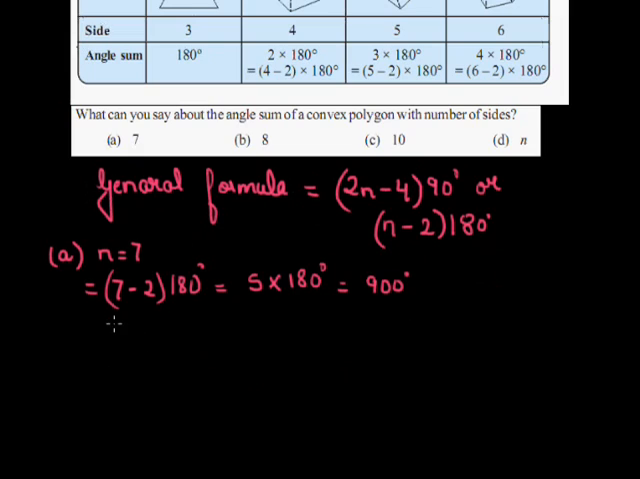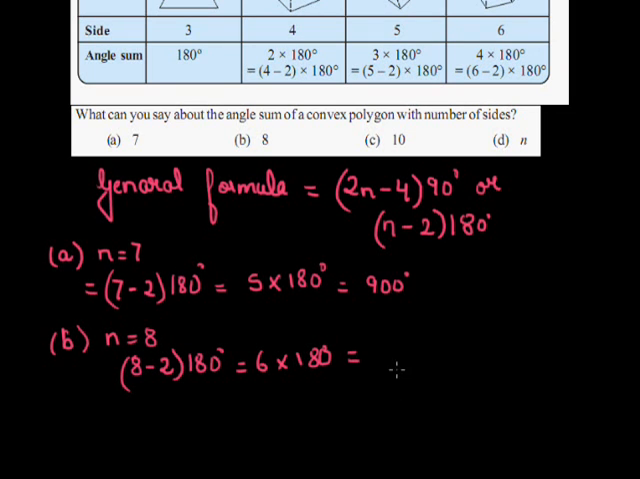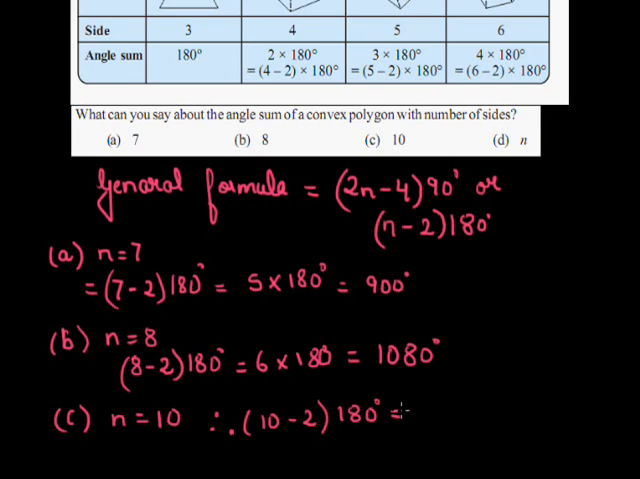Coming to the second part, n is equal to 8 in this question. So putting the value of n, the number of sides, as 8 in the general formula, I will get (8 minus 2) into 180 degrees, that is equal to 6 into 180 degrees, that is equal to 1080 degrees. Now coming to the C part, n is equal to 10, that is, the number of sides is equal to 10. Now again putting in the formula, (10 minus 2) into 180 degrees, that is equal to 8 into 180 degrees, that is equal to